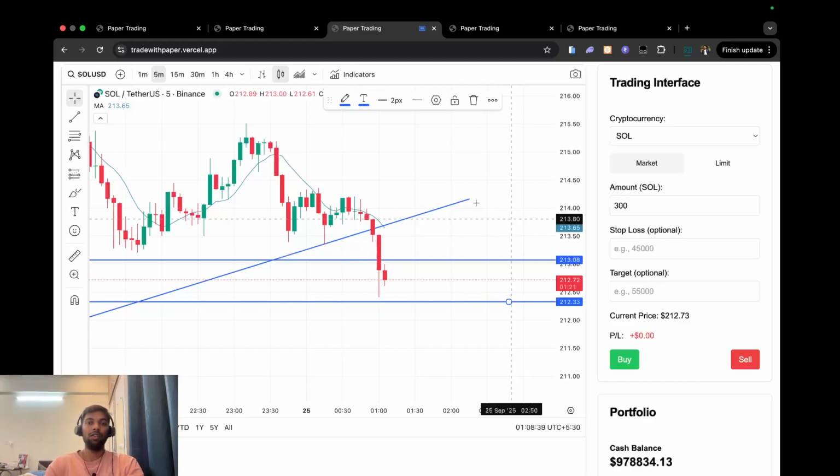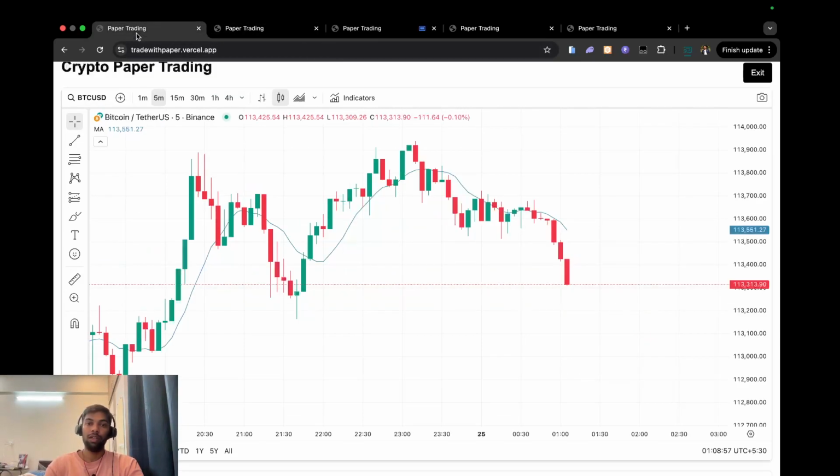Let's wait for this candle to close. We don't want to jump in on this candle because it is making an inside candle, and this is a clear, good sign to enter on the downside. But I'm just waiting to see how this candle will close. I'm just waiting for the candle close.